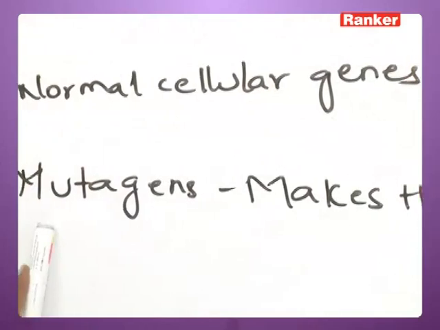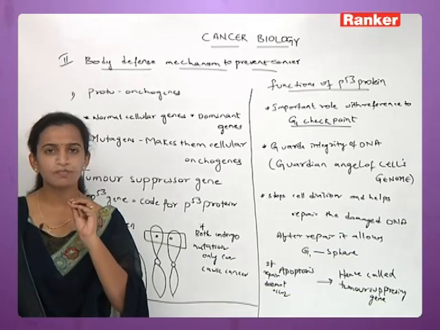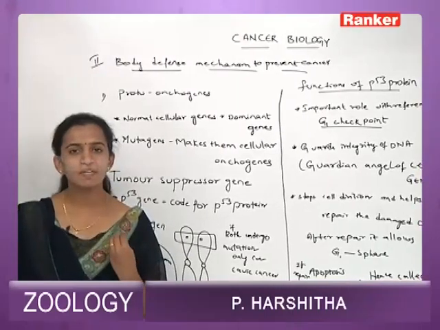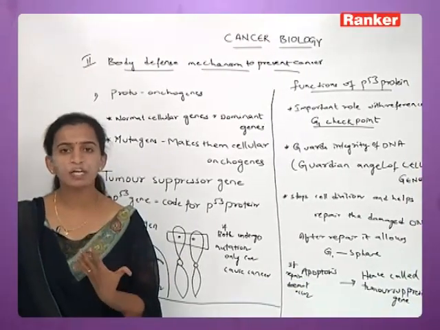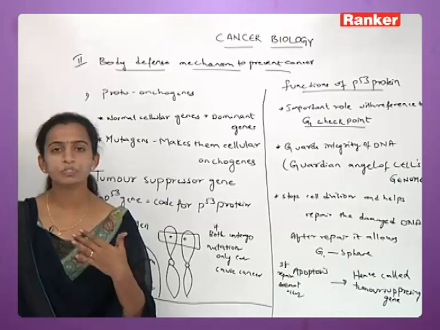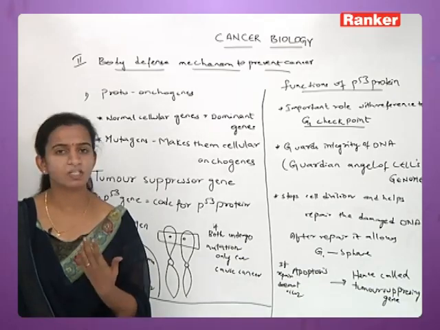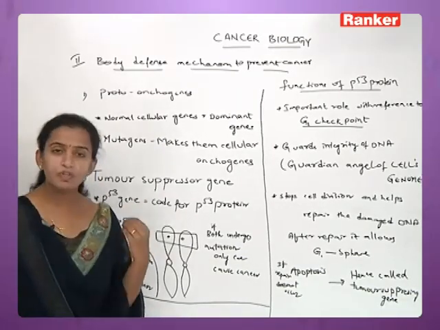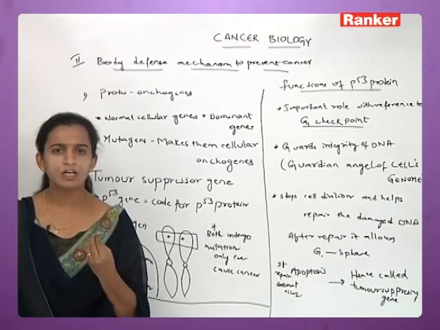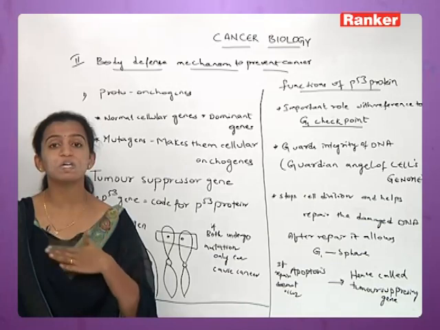So here mutagens make them cellular oncogenes. They are normal cells. Every human being has these proto-oncogenes in their body. What happens with proto-oncogenes is that they don't show any characters; whenever they are present, they are not ready to cause you cancer. Proto-oncogenes are present in each and every organism, but the expression is different. These proto-oncogenes are normal genes, like every normal gene. There are also cancer genes present in each and every organism, but there is a difference between coming into expression and not coming into expression.